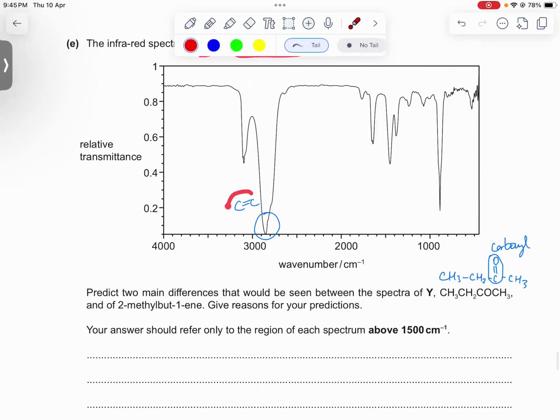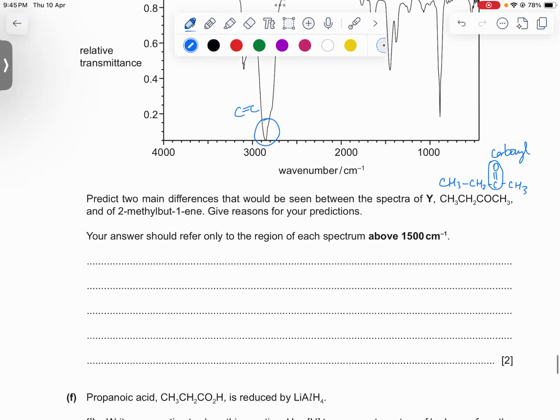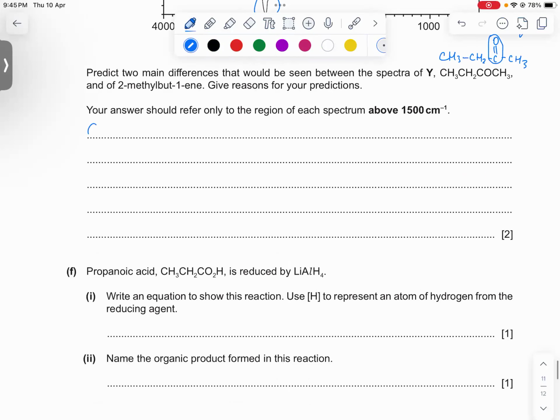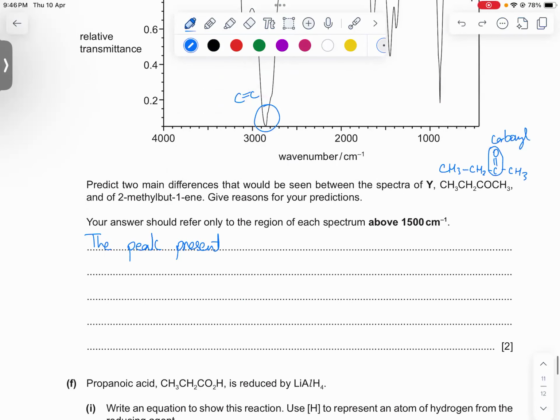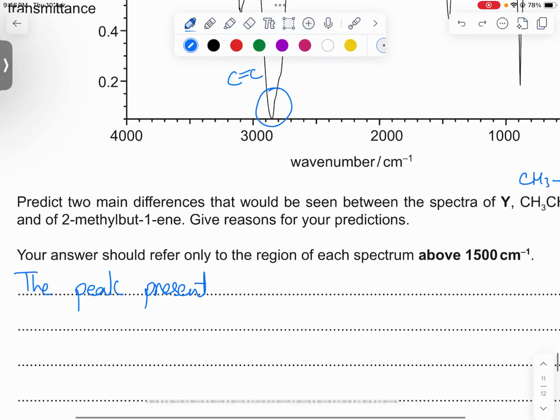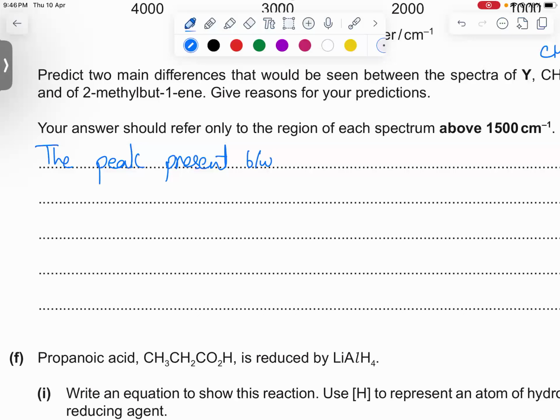And then the other one is the carbon-carbon double bond, the presence of saturated carbon is shown by this peak at roughly 2900. It would not be seen in compound Y. So we are going to say that for compound Y, the peak present between 2800 to 2900 centimeter inverse